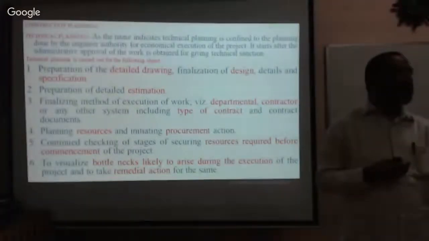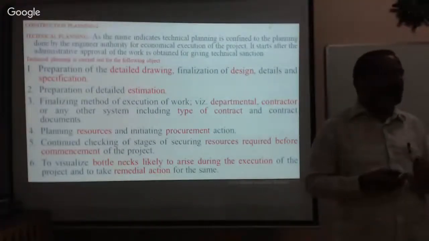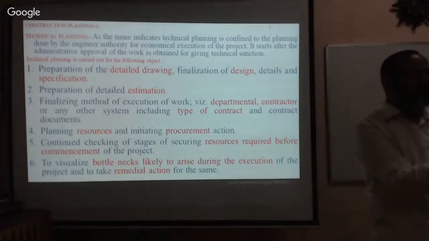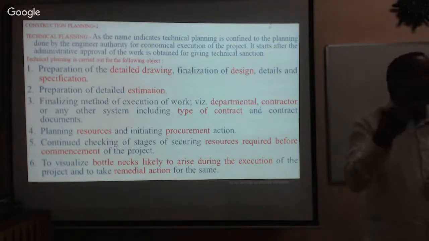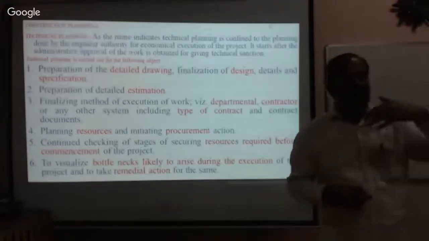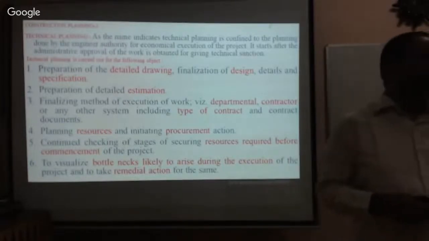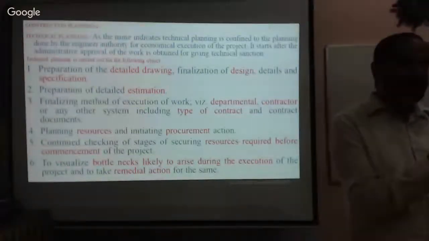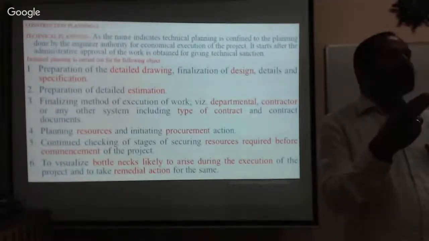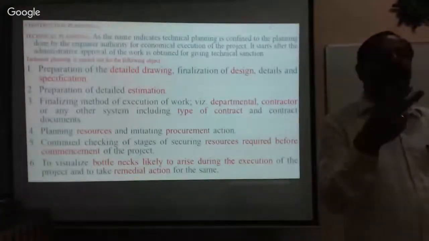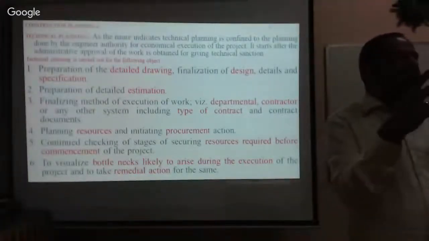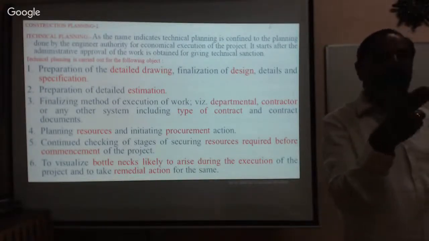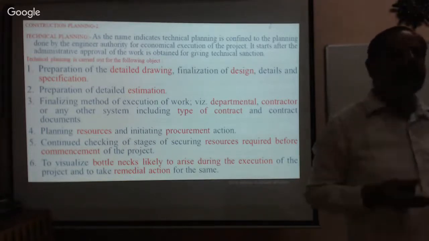Every day they will cut 10,000 rupees for your delay. If you are not able to complete the project within the stipulated time, there will be a penalty clause in your agreement. When you get into an agreement with the contractor for a particular project, there will be a penalty clause. That means after the period, if you are not able to finish, the government, the project engineer, or a group of people will decide what the penalty for the contractor should be. Every day they will cut 100 rupees, 1,000 rupees, 10,000 rupees, 20,000 rupees.